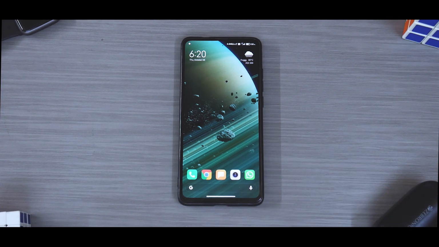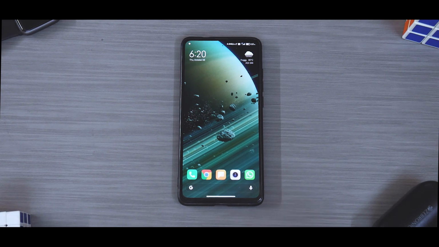Now let's talk about the things that I really like about Xiaomi.eu. Now, what essentially is Xiaomi.eu? It is a version of MIUI almost the way I love it and like it. It's a combination of stable and beta features which make sure you get the best of both worlds without compromising on stability, battery life and performance. And it is smoother and more battery efficient compared to the stock Xiaomi ROM.